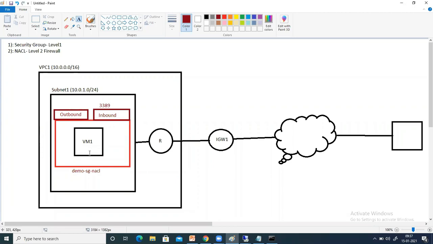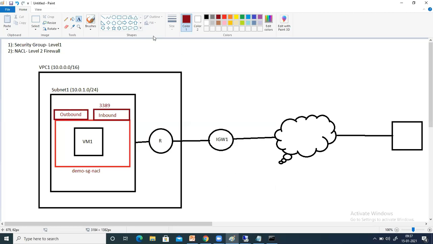Second, when we define any rule inside a security group, either an inbound rule or an outbound rule, we only allow. Whenever I create any rule, I just say allow. There is no option of deny. So this is one of the things regarding the security group: you can only allow, and the rest of the things are denied by default.